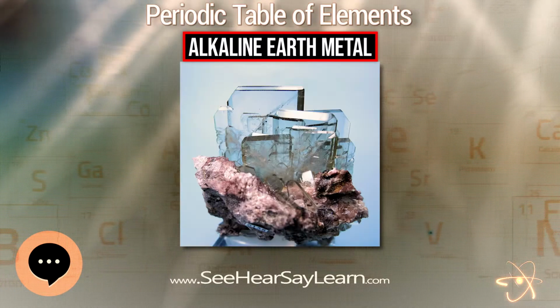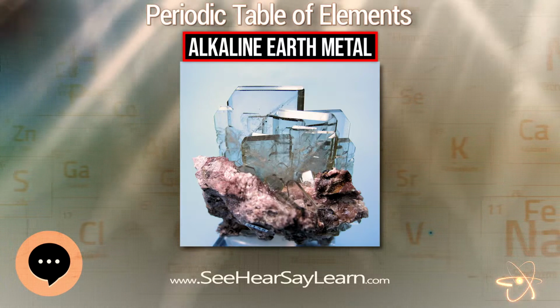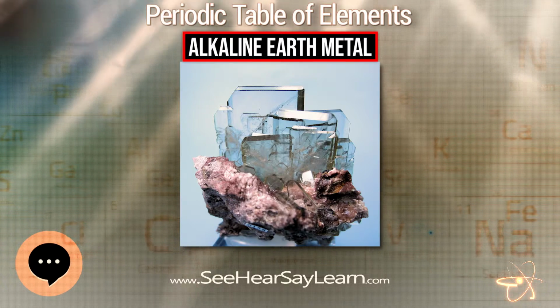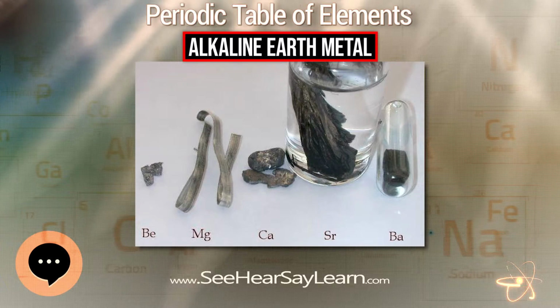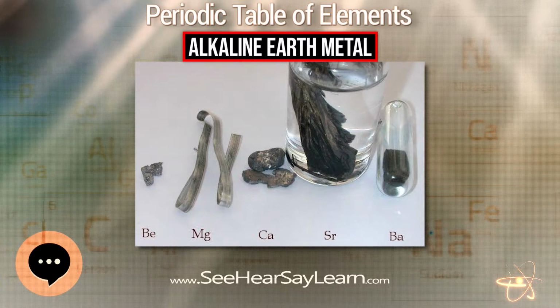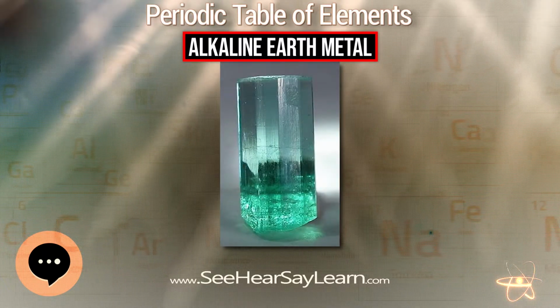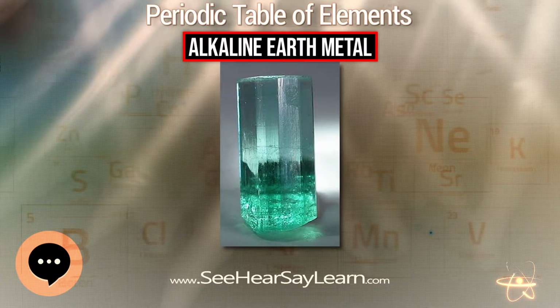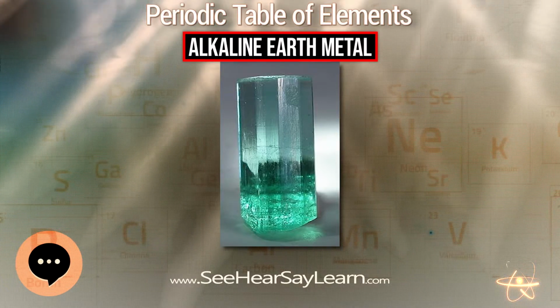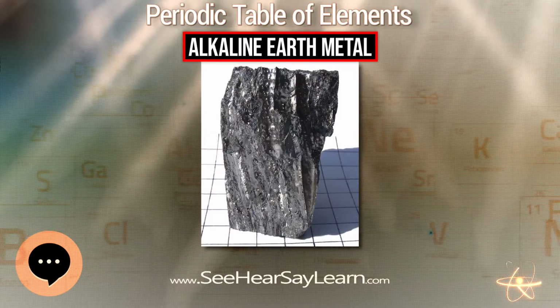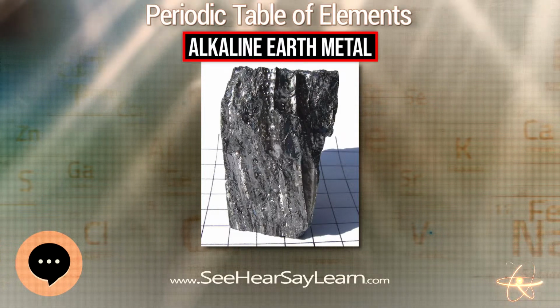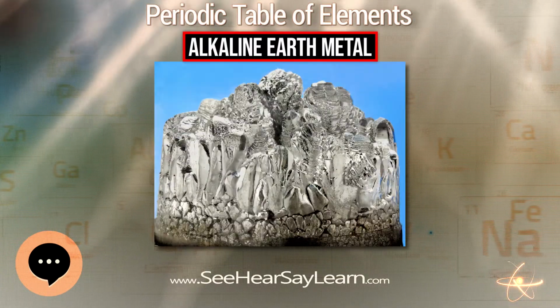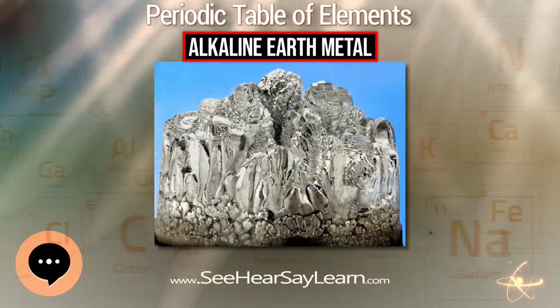The calcium compounds calcite and lime have been known and used since prehistoric times. The same is true for the beryllium compounds beryl and emerald. The other compounds of the alkaline earth metals were discovered starting in the early 15th century. The magnesium compound magnesium sulfate was first discovered in 1618 by a farmer at Epsom in England.